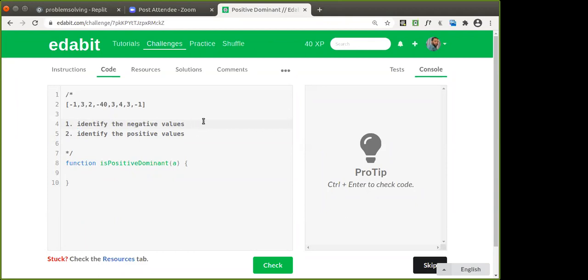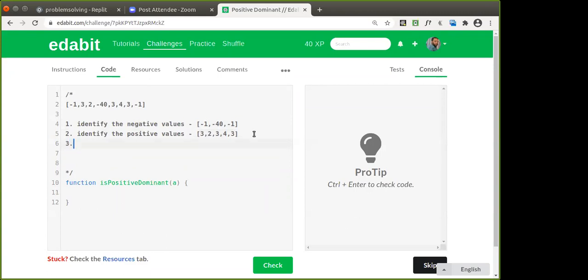When we identify them, we'll be getting something like minus 1, then minus 40, and minus 1 again. These are the negative values. Positives are, in the example I have taken, 3, 2, 3, 4, then 3. Good, we have identified them. So what is the logic for that? We'll have to write that.